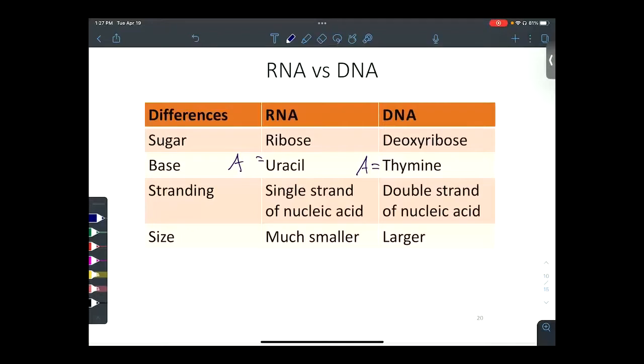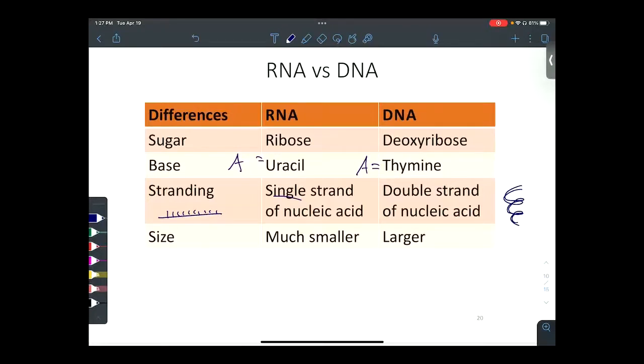All right, RNA is a single strand of nucleic acids or nucleotides. It's a single strand. It's just one, versus DNA, which is a double strand. So we have our helix type thing where there's two strands together and they twist together. DNA is a double strand. Because RNA is just one strand, it's much smaller. And this is why RNA is much smaller, so it can move in and out of the nucleus of the